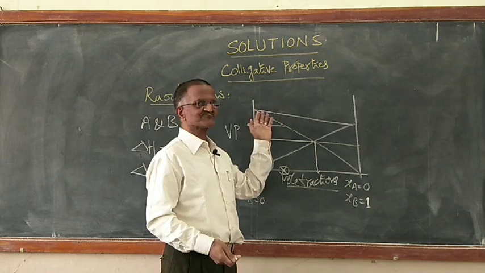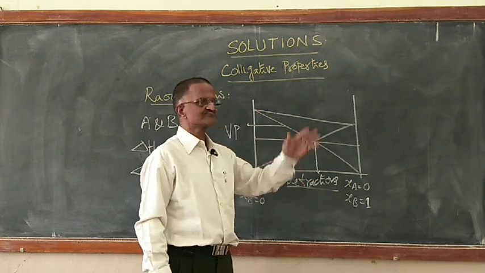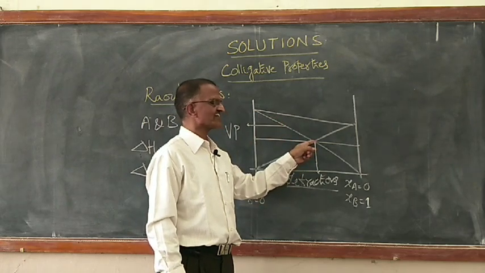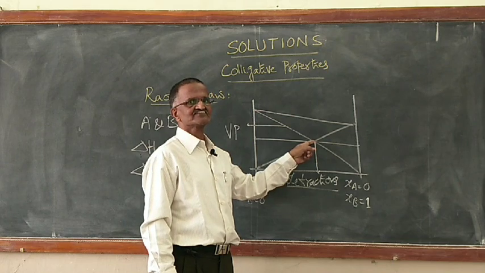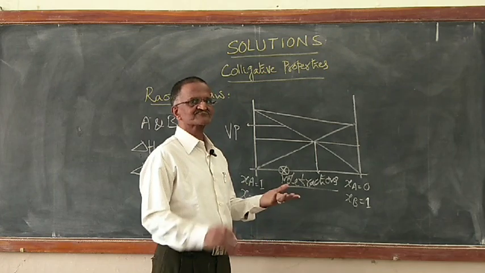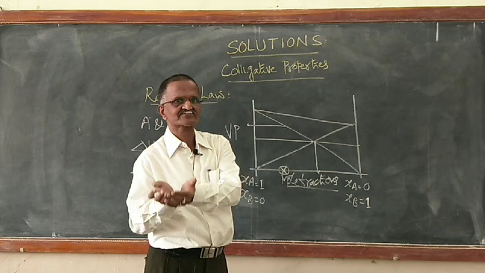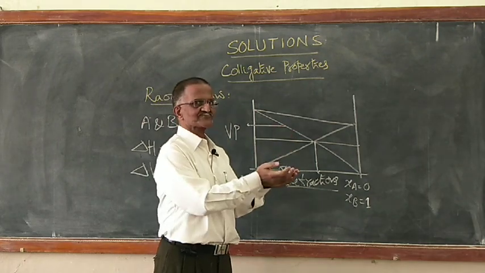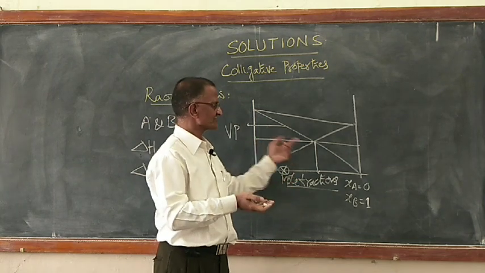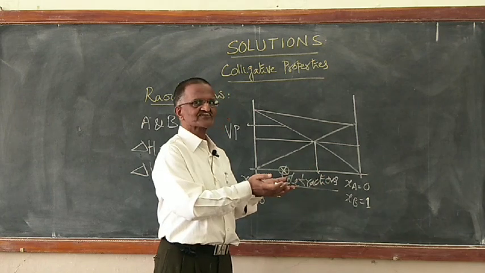Earlier we had, yes, the more volatile comes out, less volatile will remain. But as you go on removing A, finally the composition goes on changing and it will reach that particular composition. Once it reaches that composition, when you do the distillation, whatever I have on one side, I am just shifting to the other side. In the beginning, from the mixture, I am removing only A. But as A gets removed, composition changes.